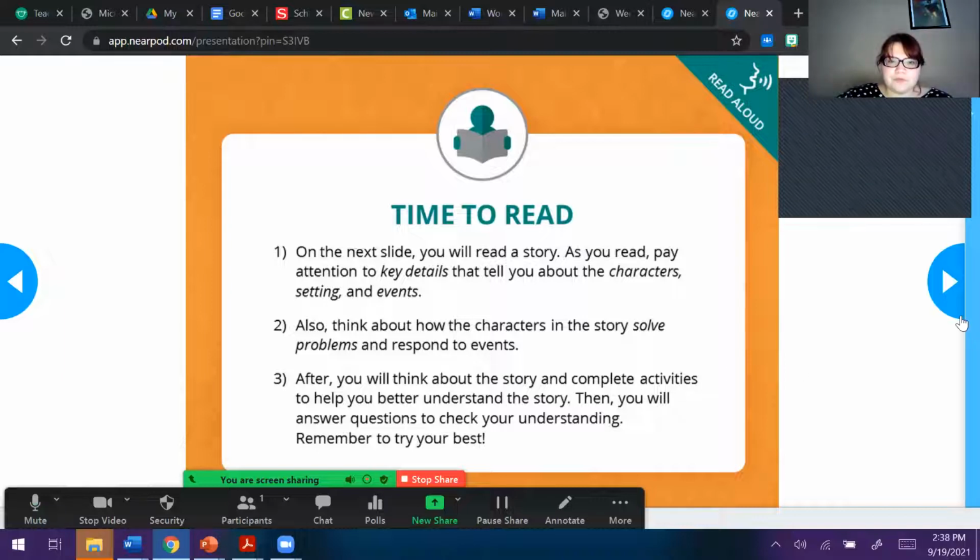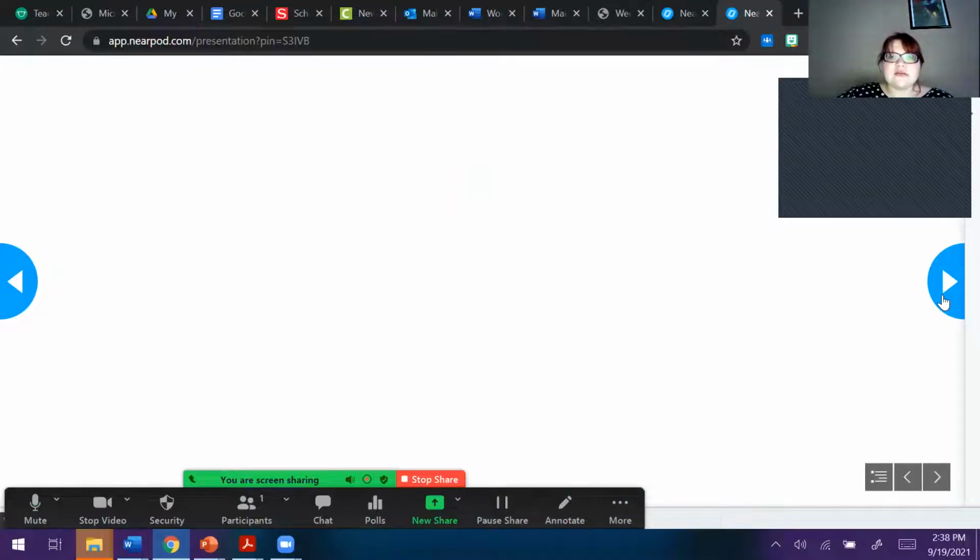You also want to think about how the characters in the story solve problems, because in every story, there's a problem that needs to be solved. So you have to determine how the character solves the problem. And after, you'll think about the story and complete activities to help you understand the story. We need to remember when we talked about comprehension, we're just making sure you can comprehend what you're reading, okay? So in this next part,